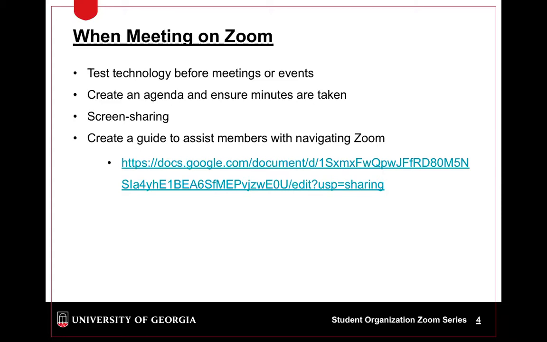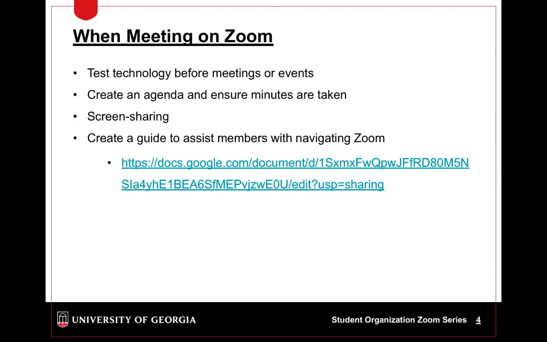So if similar to this, if you're sharing out information, or if you normally would have a PowerPoint going during a meeting, share your screen so that people can continue to stay engaged and see what's going on, so that they're not just hearing it, but that they can also, for our more visual learners, being able to see it as well. And then it's a great way to be able to reference it later on as well.